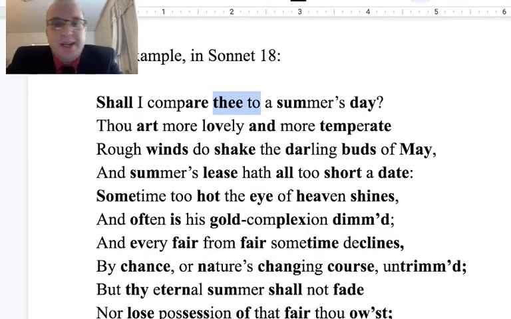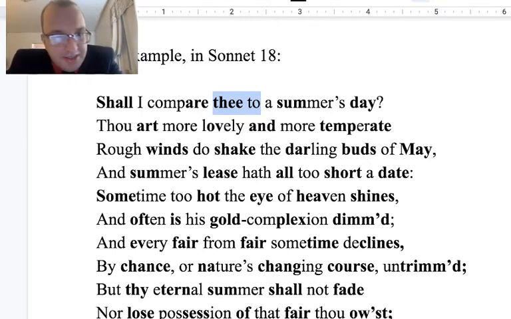Shall I compare thee to a summer's day? Thou art more lovely and more temperate. Rough winds do shake the darling buds of May, and summer's lease hath all too short a date. Sometime too hot the eye of heaven shines, and often is his gold complexion dimmed, and every fair from fair